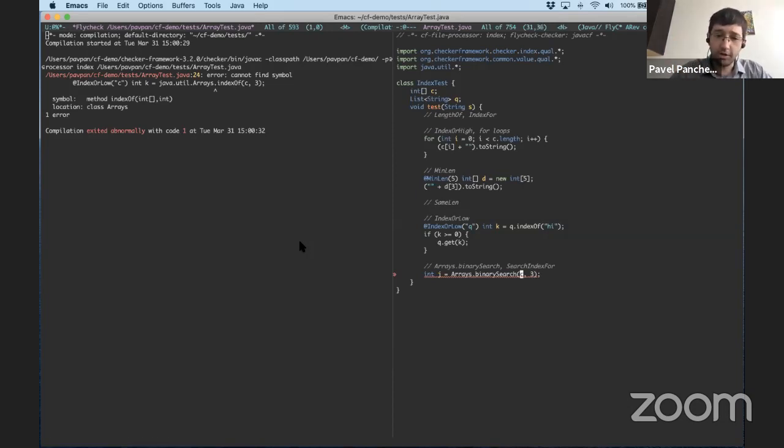There's a method in Java called arrays.binarySearch. And what arrays.binarySearch returns, you would think it would be like index of. It would return an index to the array or -1, but it actually does something a little weirder. And we can tell because if I say that J is an index or low, the checker framework will complain.